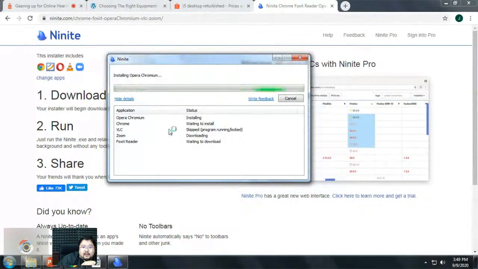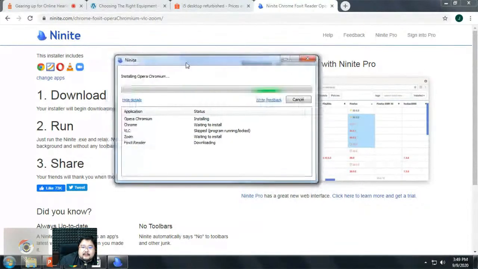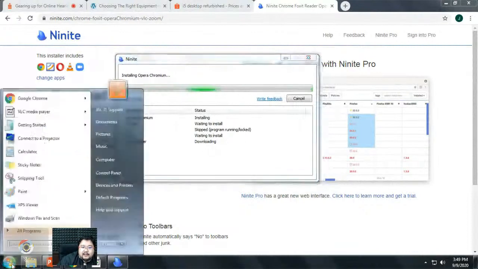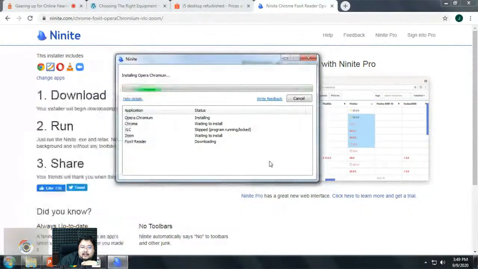Or it wants to update my Chrome, which I'm not going to let it because it's running the software, the Crowdcast. So once all of that is done, I'm going to cancel this, but once all of that is done, everything's already installed. You can open your start menu, look for it, and use it immediately. So like Foxit Reader, I think I already have it, but I'll cancel this. So make sure you have the essential apps.